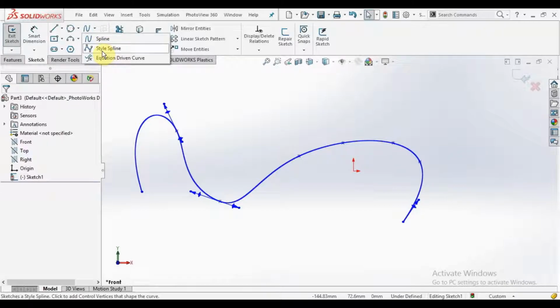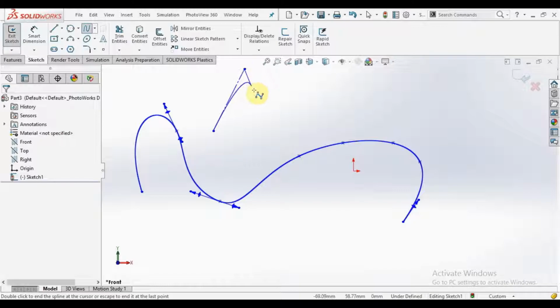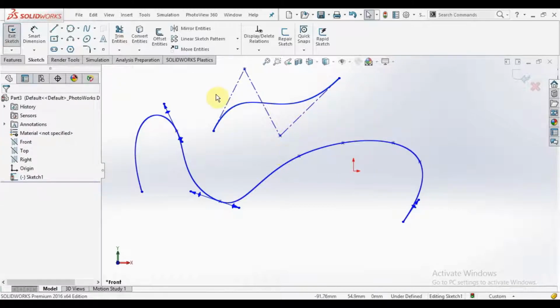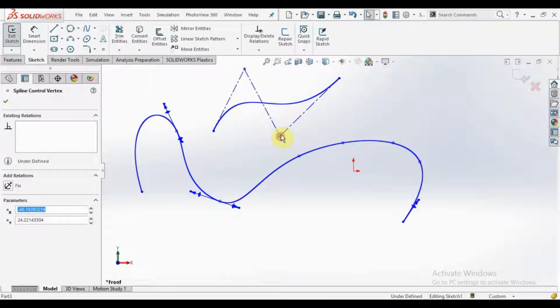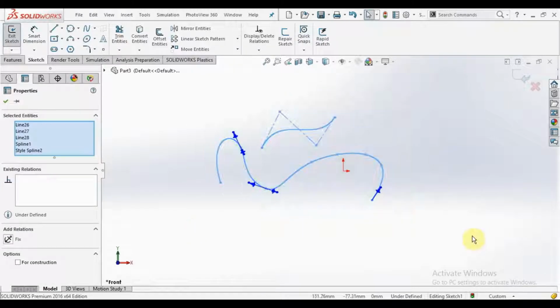Then our next is a style spline. The style spline is like this. Select the point, but it will create in between the adjacent of the two lines, where you have created the points. So let's say we are out from the command. This is the same as the spline, but for changing direction you have to select the points and drag it in which way you want to make changes. Okay, let's move on to our next topic.